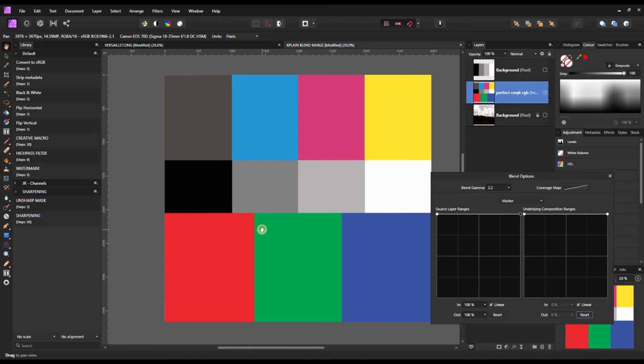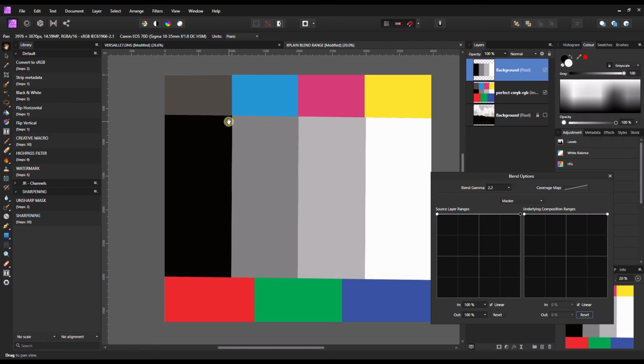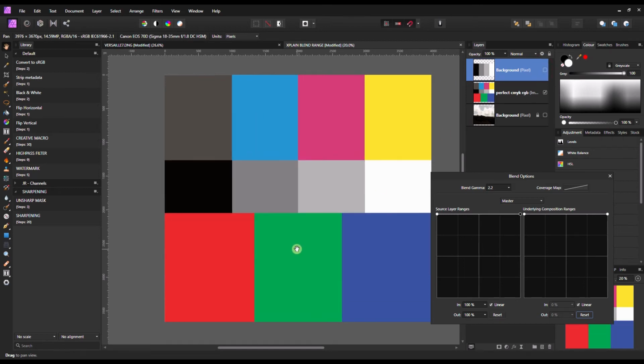Imagine this photo is a landscape where you have the blue forest, you have the red or yellow sun, you have multiple colors, you have the blue ocean, you have all kinds of elements that you can imagine, and you have an effect that you want to apply, but you want to make sure that the effect is not applied on the green forest, or you want to protect the sun, or you want to protect any particular color. How can you do that?